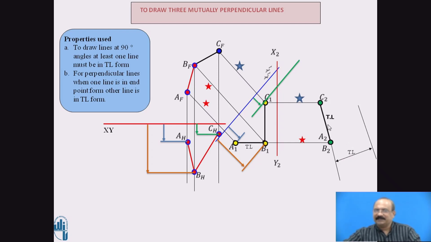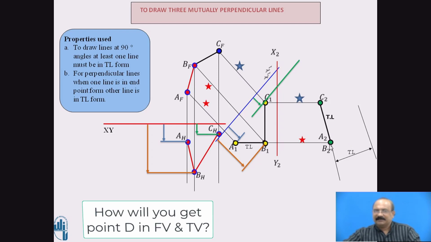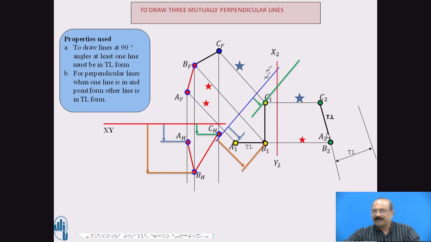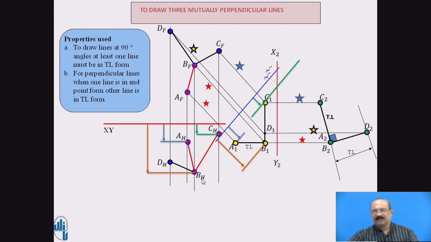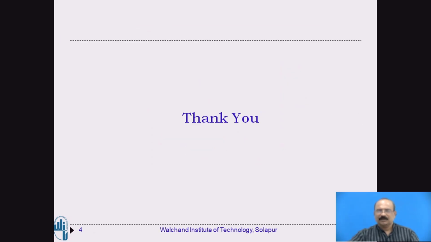The next condition is that the D line must be perpendicular to this particular line. So you are expected to draw a 90-degree construction line, and you have to project that position up to this particular dimension. This is a 90-degree line, you are going to project it in this way. Wherever it cuts this construction line, you give the point as D2. These are the three mutually perpendicular lines.